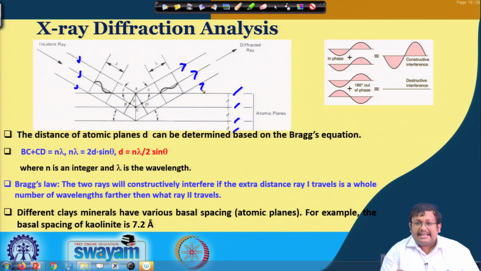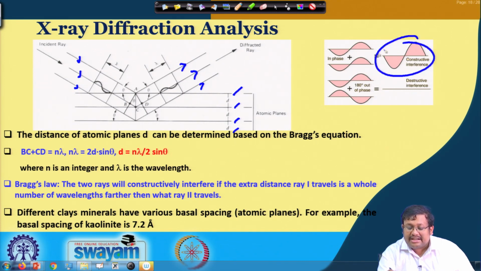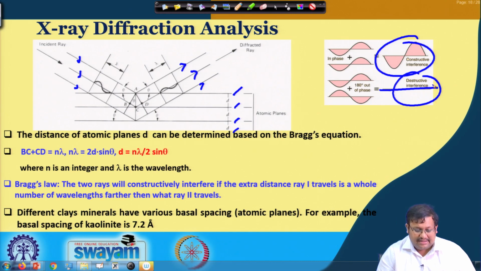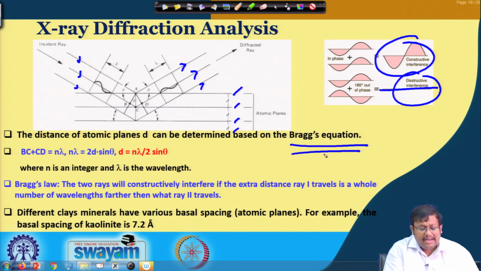So, there is a term called constructive interference and destructive interference. When two waves are in phase, they create this constructive interference, as you can see, and when they are 180 degrees out of phase, they produce destructive interference. This is an example of destructive interference. So, one thing is clear: to create a constructive interference between these two diffracted rays, the distance generally follows Bragg's equation. Bragg's law says the two rays